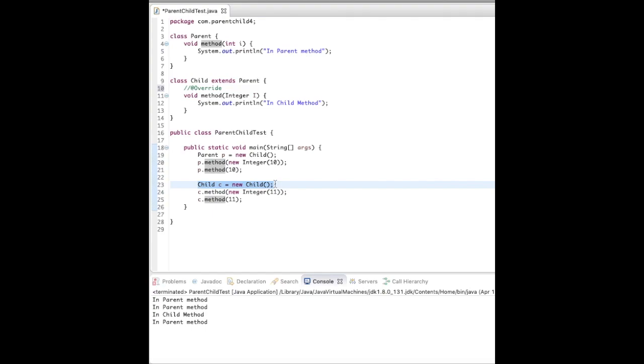Child c, new Child. Okay, so when we call c.method with new Integer i, we see there is a method which has an Integer argument. Yes, it's fine. So it will just print the child method. Now when I call with the primitive value,